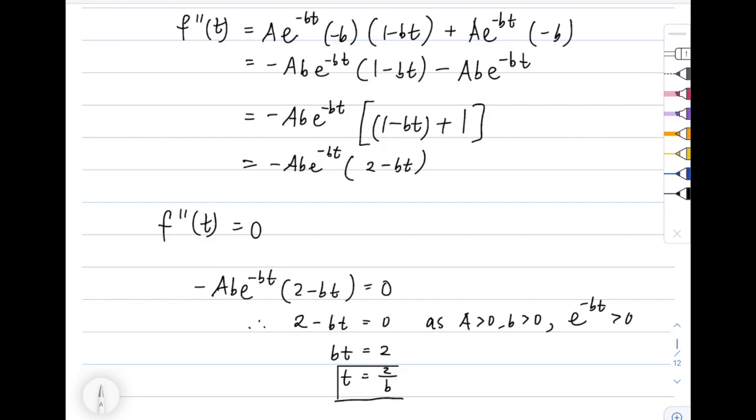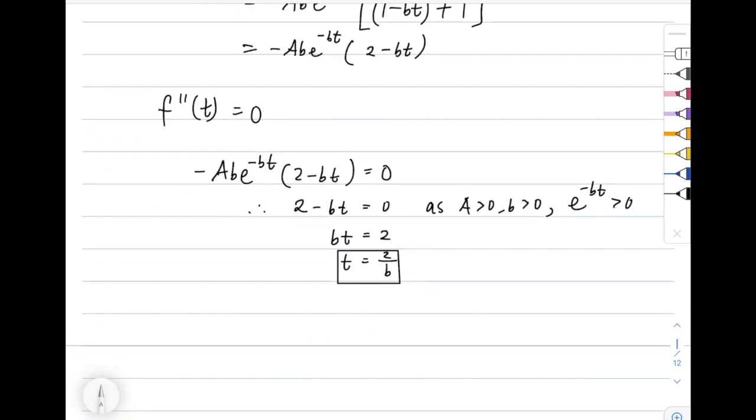Now, if you stop here, you will lose a reasoning mark. The reason you're going to lose a reasoning mark is because to show that something's a point of inflection, it's not enough to show the second derivative is 0. You need to show that the second derivative is equal to 0 at that point. So here it is equal to 0, but you also need to show that there's a sign change around that